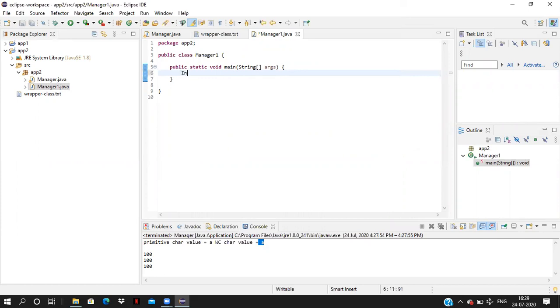Now I'll create wrapper class Integer i equal to new Integer of 100. Now I want to convert this value to the int primitive type. int i1 equal to i. First I created an object of the Integer wrapper class, and whatever reference is there, I'm just assigning to the int primitive value. Here I am just converting wrapper class object to the respective primitive data type. This is called auto unboxing.